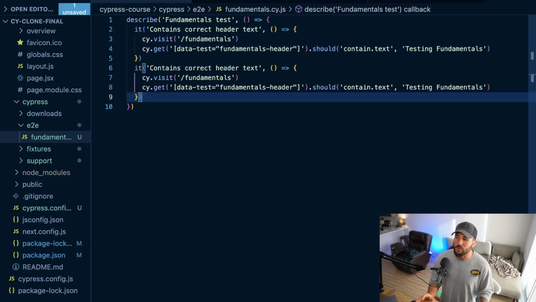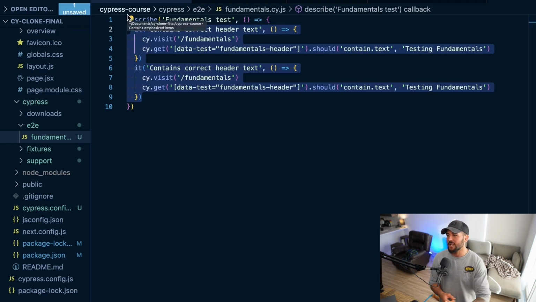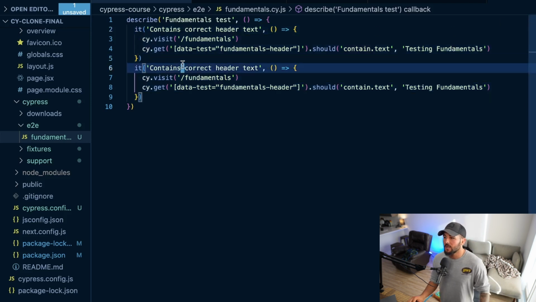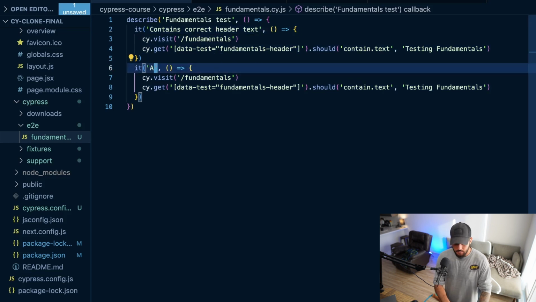So I'm doing this more for example purposes, but as I mentioned for best practices, in a real world situation you would probably want to make this just one longer test rather than writing a bunch of small little unit tests. Cypress recommends that you write a little bit longer test than what I'll be doing here, but we're going to say that the accordion works